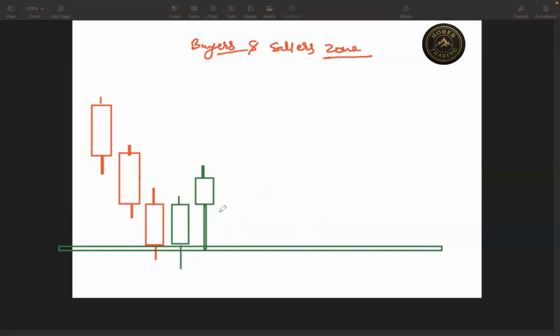Now, let's look at this example right now. Not this one. Okay, let's consider that this buyers' leg has gone up, then we have a reversal here,